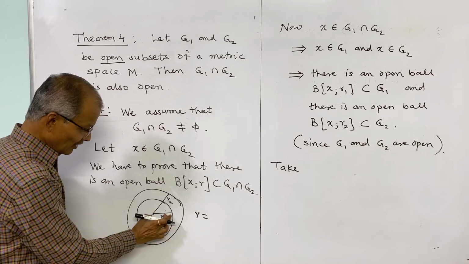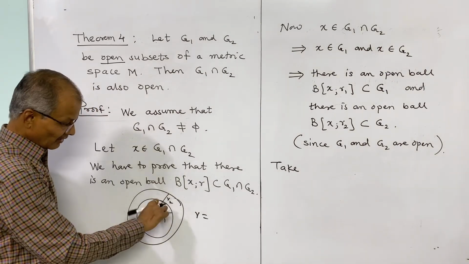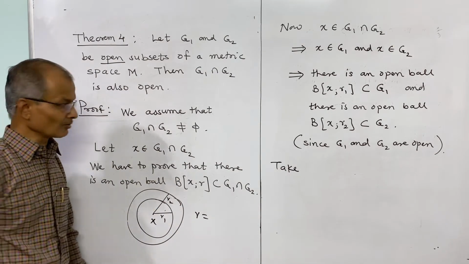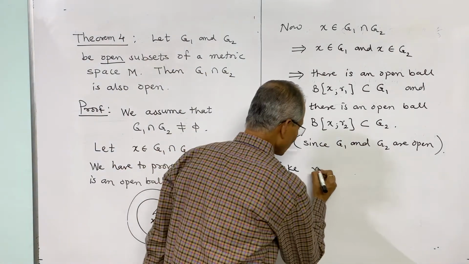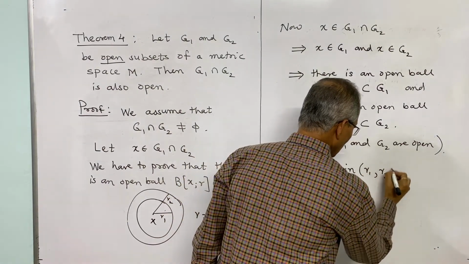Here that will be r1. Minimum of r1, r2 is r1, and if vice versa may happen, if this is smaller, is r2, then minimum will be r2. We take r equal to minimum of r1, r2. Then